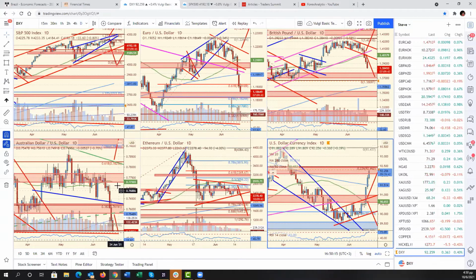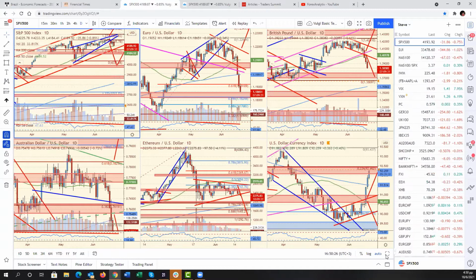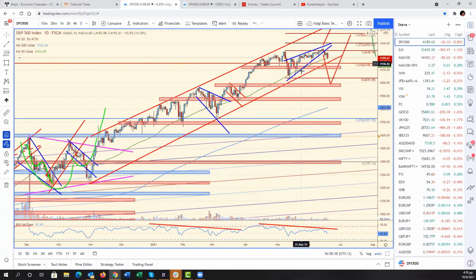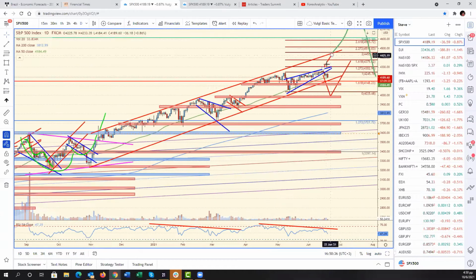In any case, let's go over several instruments. I'm not going to focus that much on the major ones because Blake did a great job covering them. I will tell you about the S&P, that the S&P has broken through the first ascending wedge, and that keeps alive the possibility we had talked about some time ago that this might be,